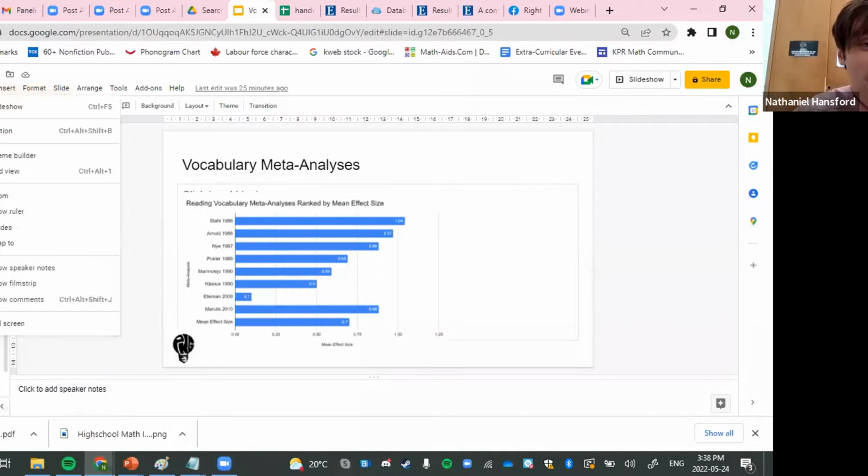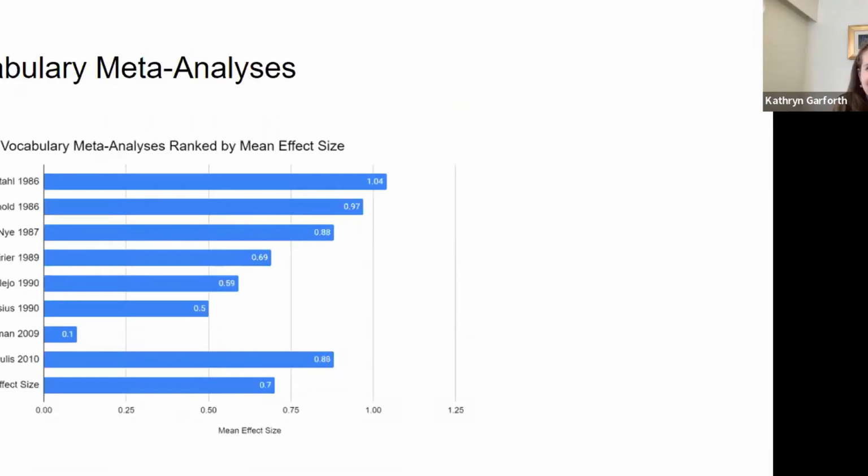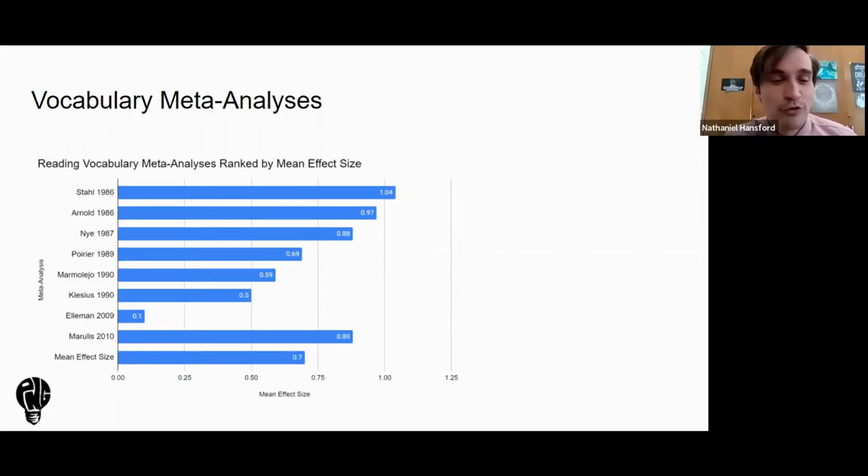Let's gamble. Okay, so these are the meta-analyses done on vocabulary, and I want to point out these are actually, with the exception of the element vocabulary meta-analysis done in 2009, all very substantial results, especially within the field of language. So